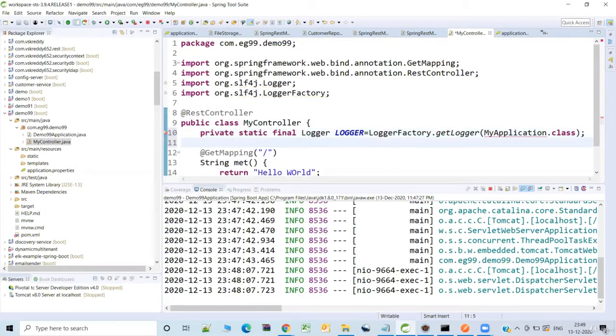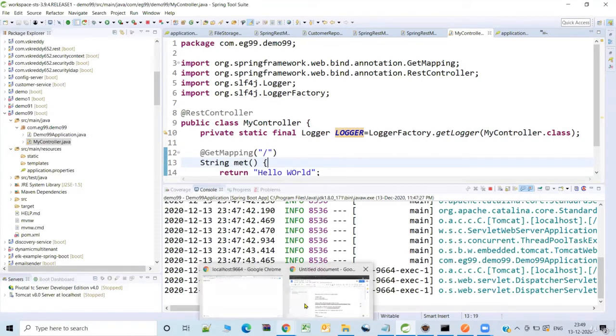And as I already said, we need to specify the class name as this one here. So I'm done with this. So basically here we are using the logger factory to get the instance of logger. So thereby I can use the logger wherever required to print the logs to the console or to the log file.